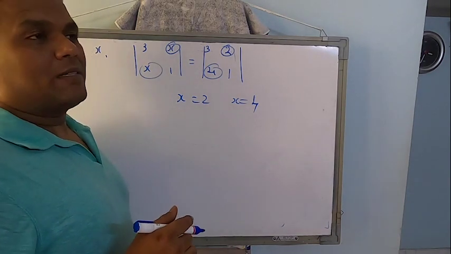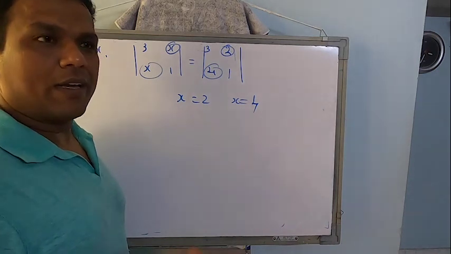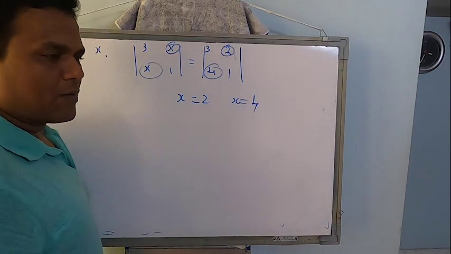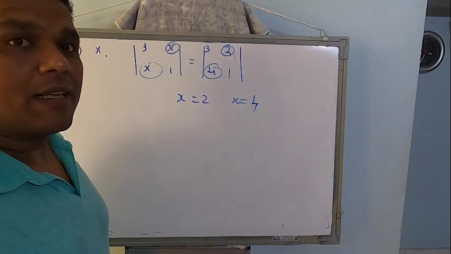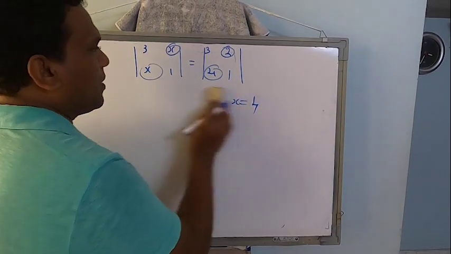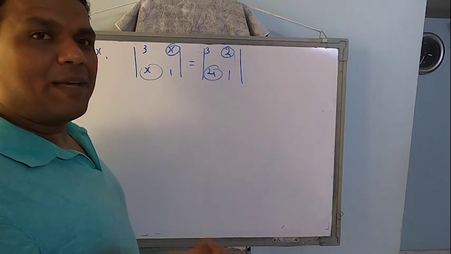No, two determinants can never be equal in that sense actually. The values can be equal, okay. The corresponding elements are not equal. That is a concept which you have to remember. So two determinants being equal doesn't mean their corresponding elements are equal. So what to do? You expand the determinant on the left side, the determinant on the right side, and keep simplifying till